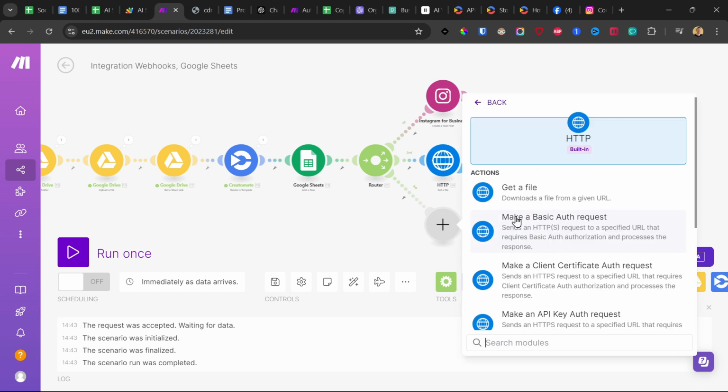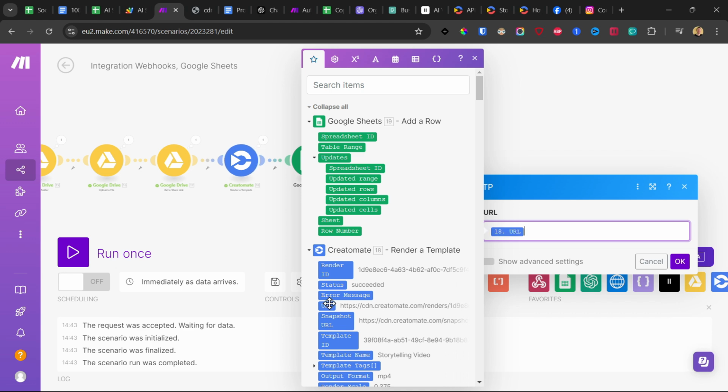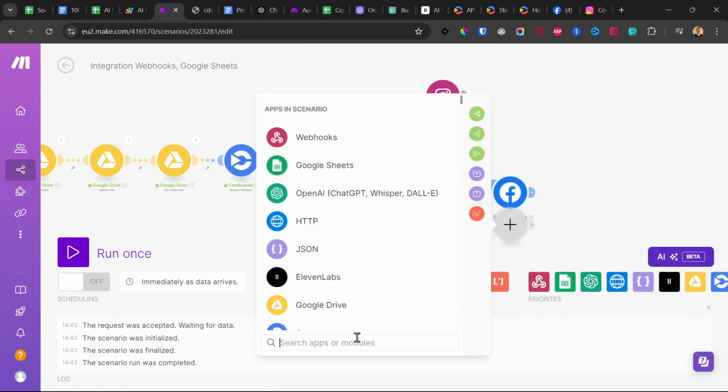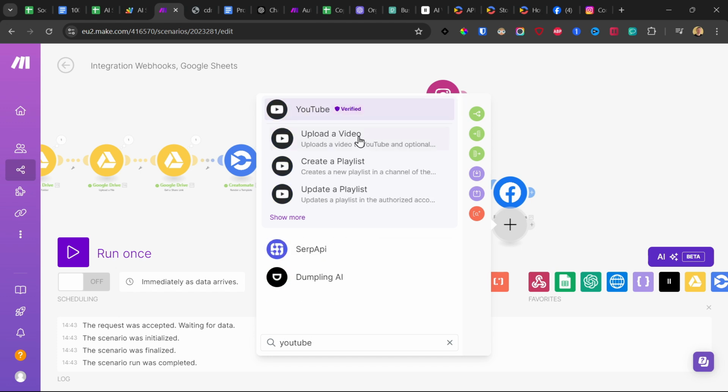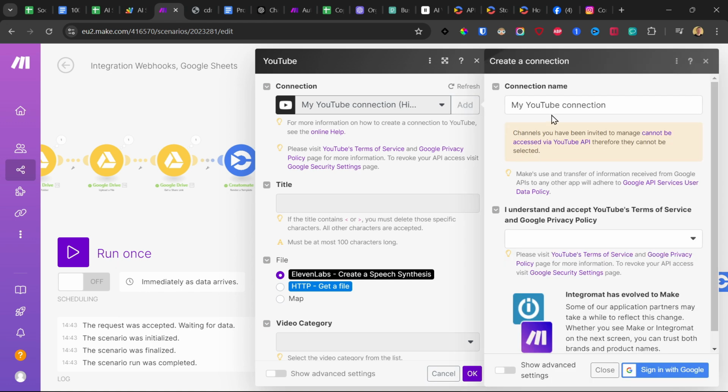Here we also need to get a file first. The URL needs to be set from Creatomate. And then we can add YouTube. Search for YouTube. Upload a video. Then here you need to add your YouTube account. So you click on add YouTube connection. You click on yes, you click sign in with Google, you sign in to a YouTube account, and then it